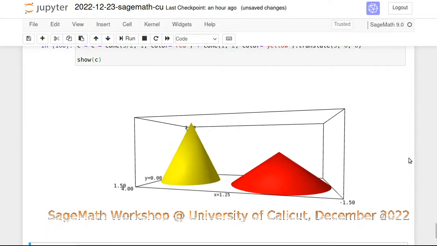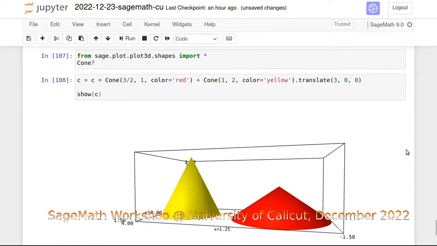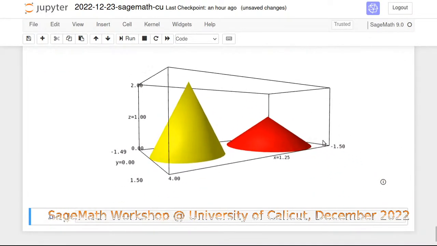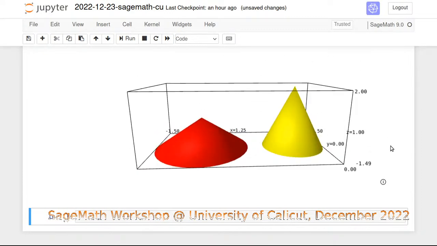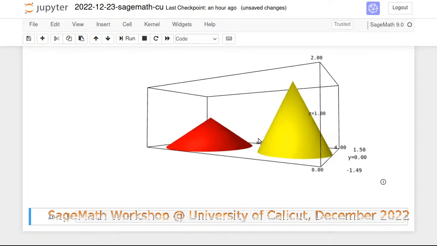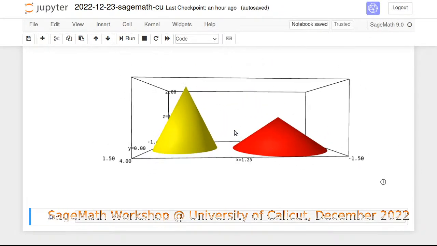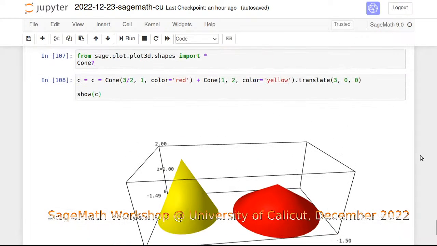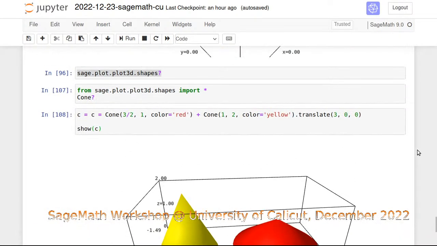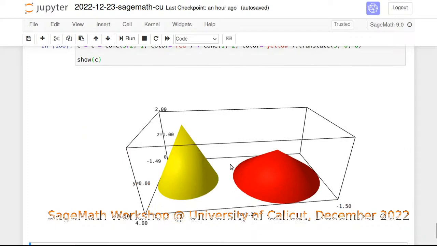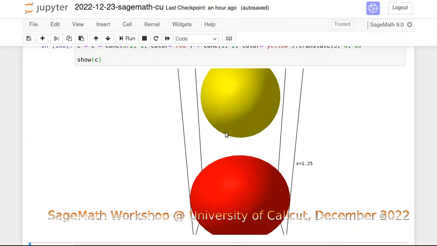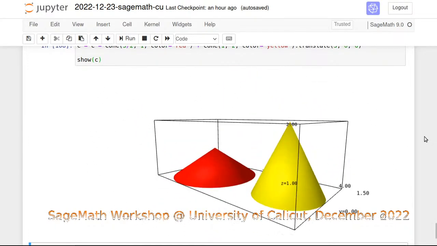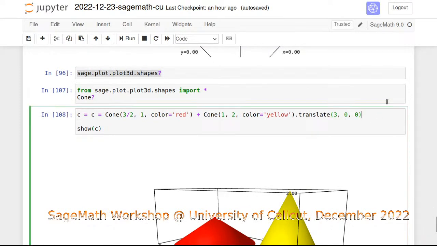So the first one, with red, is at the origin, the bottom at the origin. And the second one, the yellow one, is not at the origin because it is translated without making it slanted here or there. It's translated to 300. Therefore, the x coordinate of its center became 3. So if you want to see exactly if that's the case or not, maybe we can